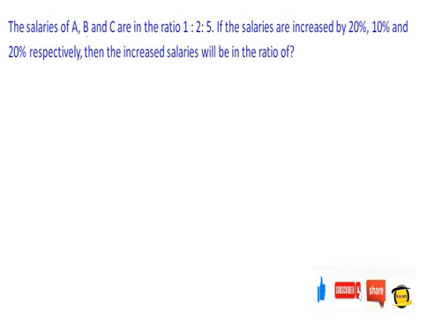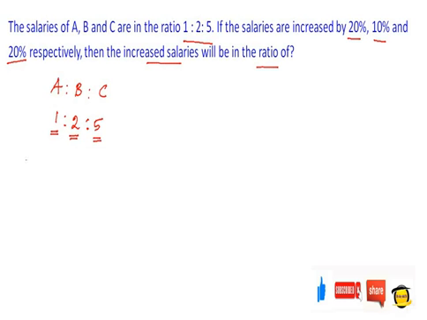The salaries of A, B and C are in the ratio of 1:2:5, and if the salaries are increased by 20%, 10% and 20%, find out the increased salaries ratio. So the respective ratio between A, B and C is given as 1:2:5. What does this mean? For every 1 rupee which A gets, B will be getting 2 rupees and C will be getting 5 rupees,